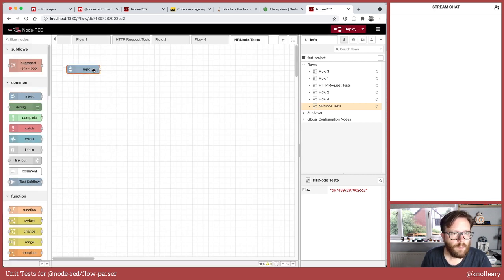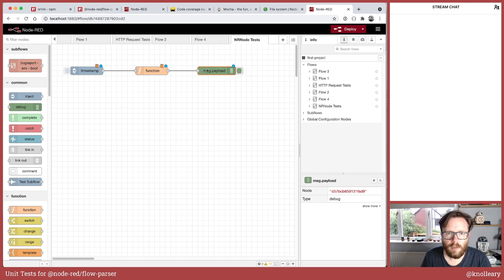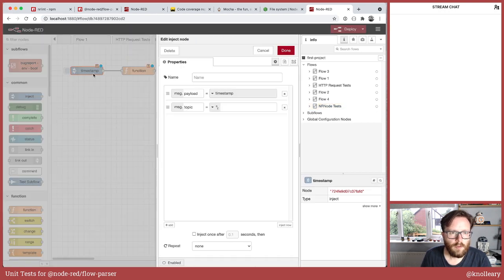Let's just start with some simple ones. It doesn't matter what the nodes are at the moment. What we're going to do is create some very simple test cases,